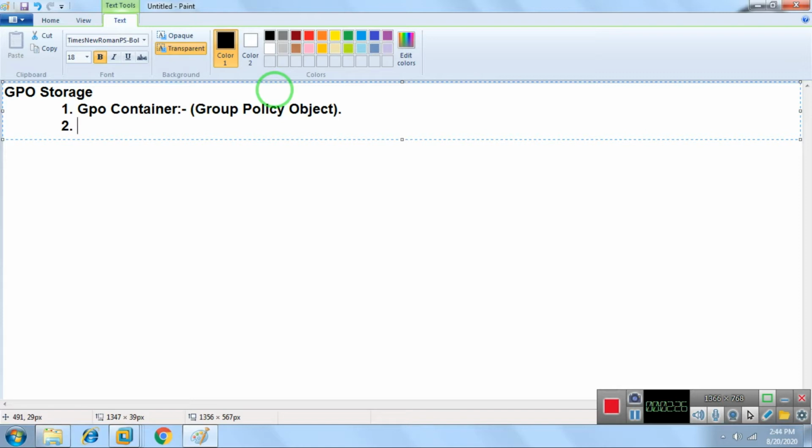when we create the group policies, they are automatically saved in the C drive. There is a path we can go to: in C, then Windows, in Windows we have the sysvol folder.